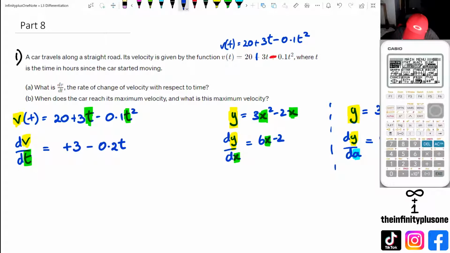So now, to find the maximum velocity, we're going to put dv dt equals 0. So then, therefore, 3 minus 0.2t equals 0. Rearranging it, we get 0.2t equals 0 take away 3. So negative 0.2t is equal to negative 3. t is equal to negative 3 divided by negative 0.2. So t is going to equal,